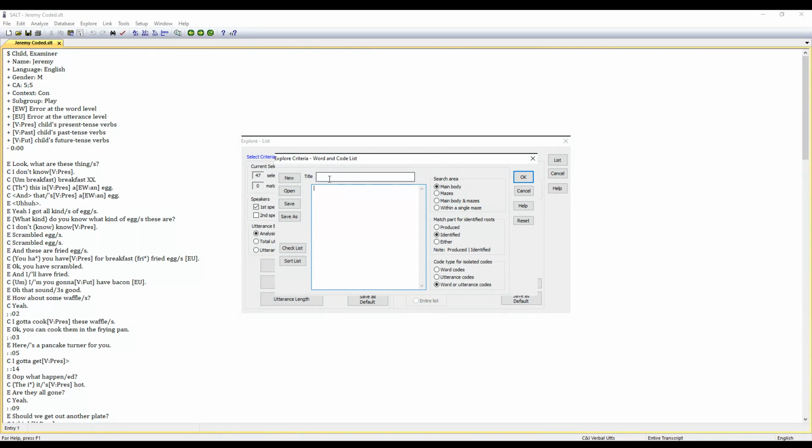And then what I can do, I can title this and type in my verbs. So let's say we're interested in looking at do verbs. So I can go ahead and type in whatever verbs I want, and don't, for example. And you can save all of your lists so you don't have to do this every